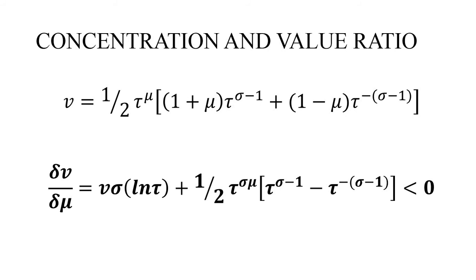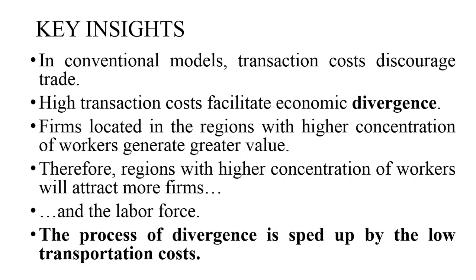From this model, of course, as usual, you do not have to know how to derive this. You just have to know the key insights in order to be able to pass the final exam. So the key insights are as follows. In conventional models, where we assume perfectly immobile factors of production, transaction costs discourage trade. In new trade theory and new economic geography, high transaction costs facilitate